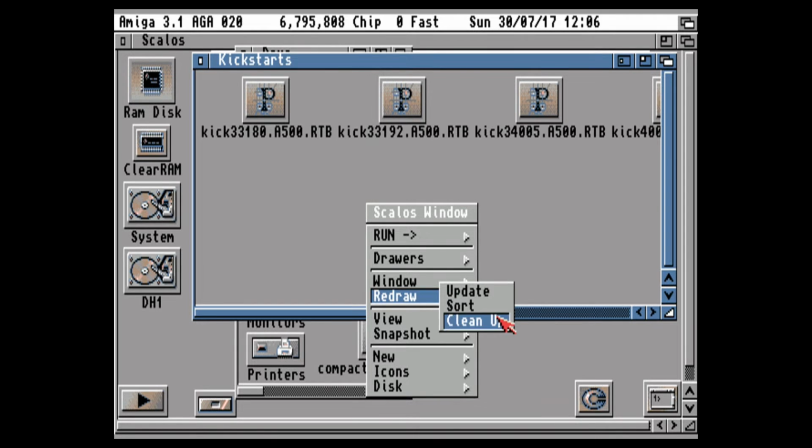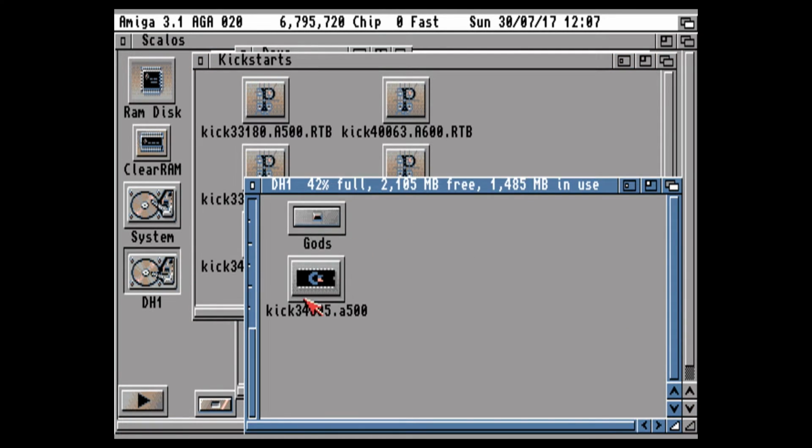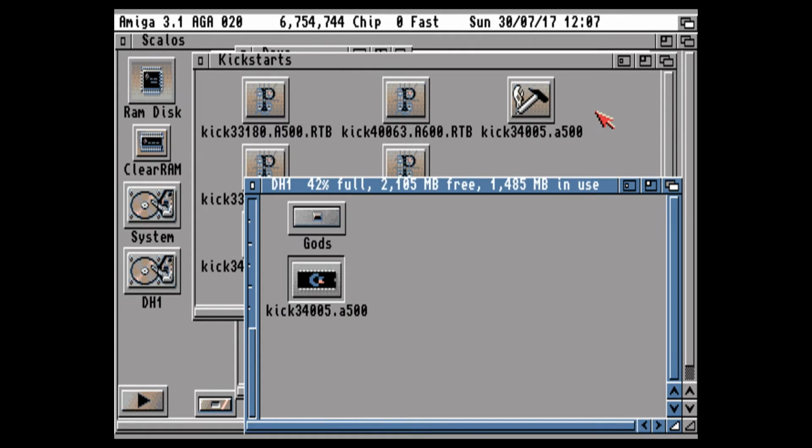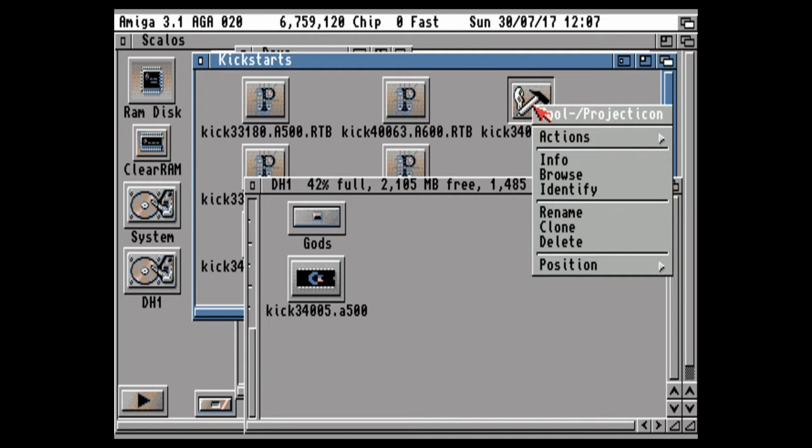And then we're going to open a separate window with our floppies folder, essentially remapped as DH1, so it thinks it's a hard drive, and we're just going to drag and drop this file in here. As you can see, it's got just a generic icon. We're going to click it to activate it. See how these are like up, and then you click them and they go down.